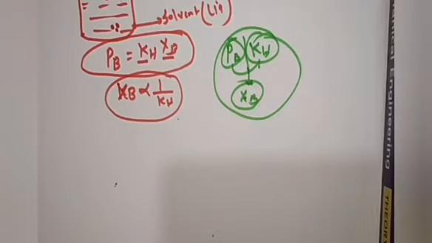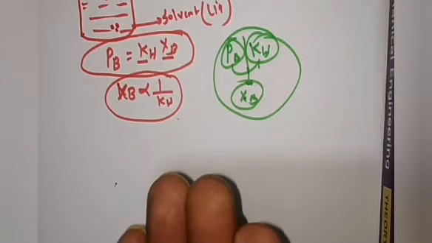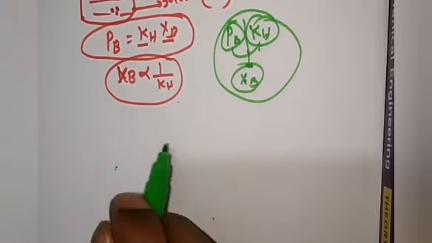Already I have discussed why dilute solution, because the amount of solvent is very high as compared to the amount of solute. So if the amount of solute is very less, then definitely the gas is going to exert very less pressure, and in that situation we can apply Henry's law. Okay, now understand, this was the concept regarding Henry's law.